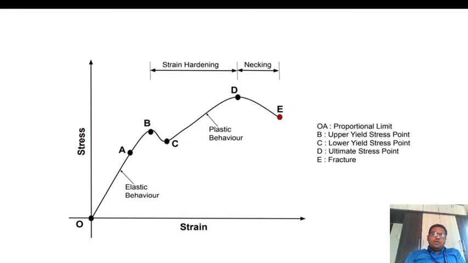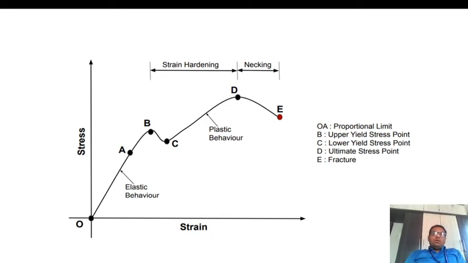Up to point B, or from point O to B, you can see that on the increase in stress, or if we are increasing the load, the strain or the deformation is also increasing. But in the yielding phase, even if the load value is increased by a short margin, the strain increases by a higher margin. So this is called as yielding. Then after point C, the next point is point D, which is called as ultimate point.